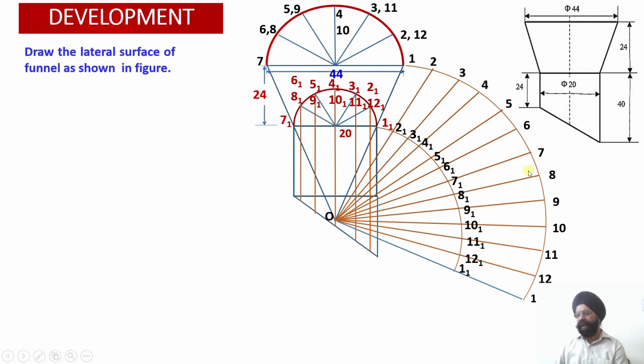So 12 arcs they have been drawn over here and 12 arcs they have been drawn over here on the inner side. The inner side arcs will be corresponding to this length 1 1 to 2 1, whereas the outer side, you see, chord lengths they will be equal to 1 to 2, 2 to 3. So once you mark them up, now I can darken this portion over here. You see this portion of the arc I can darken. Similarly, inner portion of the arc I can darken, and then these two edges I can darken.